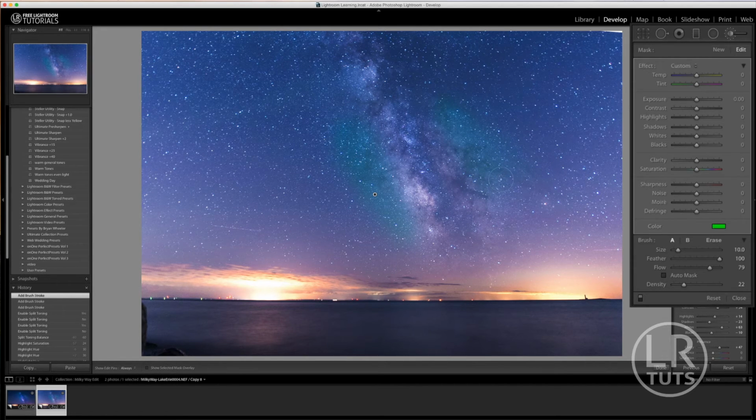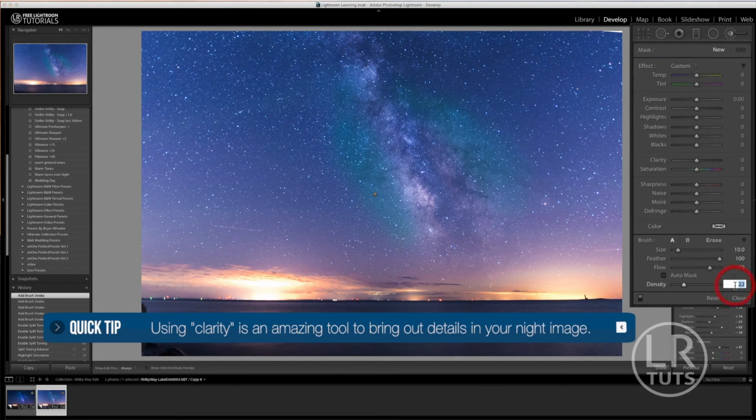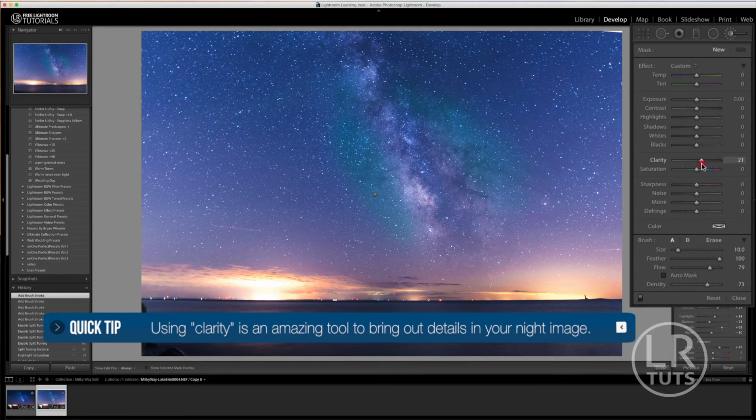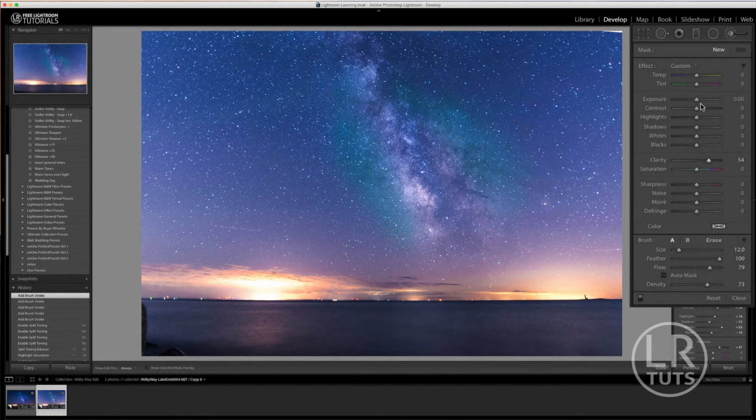Now the next brush I used is designed to help start to define the elements in the Milky Way, and I achieved this by adding a brush that only adds clarity to the image. I first needed to create a new brush and increase the density from 22 to 73 so we can get more of an effect. After that, the next brush I used is to focus on adding saturation to the colors